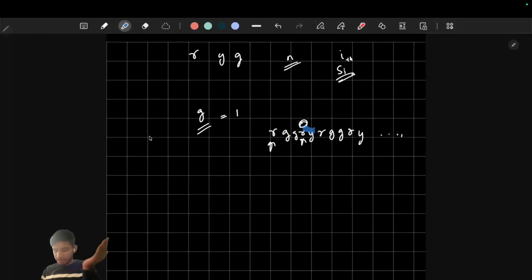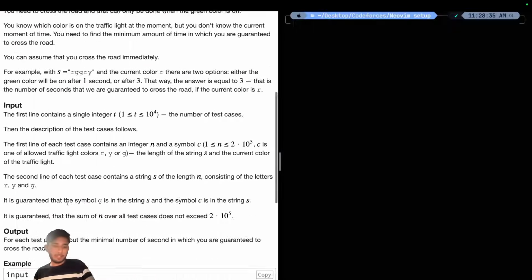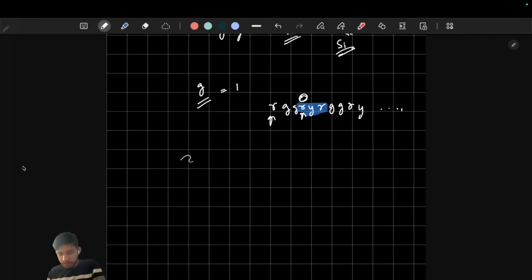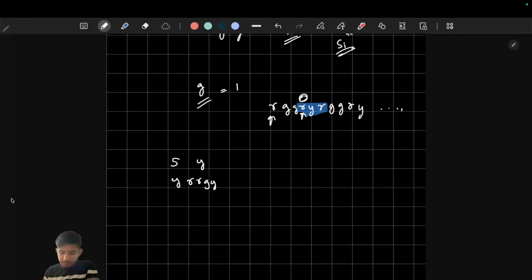Just like, I'm not sure if we find a better method, we will try to improvise on that. But currently, I'm thinking of going in this direction. Let's try with different test cases. Let's suppose this one, YRRGY. So we are given 5 by YRRGY, right? We know that basically if we try to make the string repeat itself,